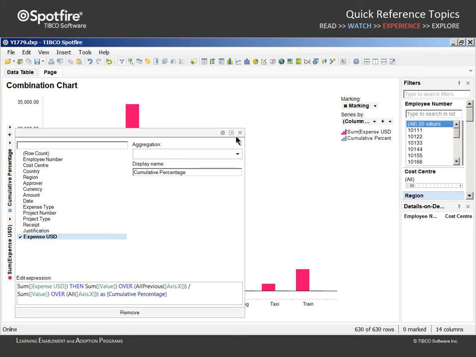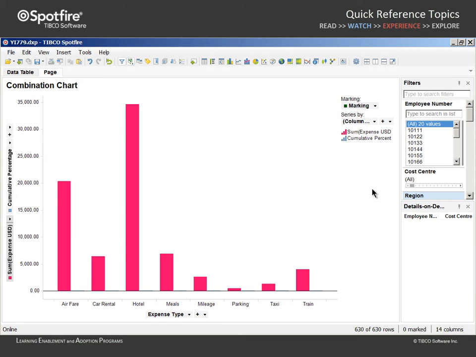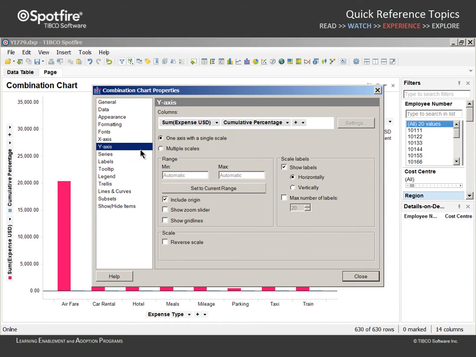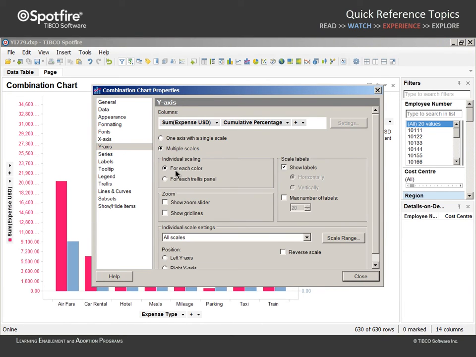When we close the selector dialog, you can just barely see the bars, which result from this new expression. However, because they are on a scale of 0 to 1, their magnitude cannot be appreciated relative to the expense amounts. Therefore, we will go to the Properties dialog and adjust the y-axis to use multiple scales, one for each